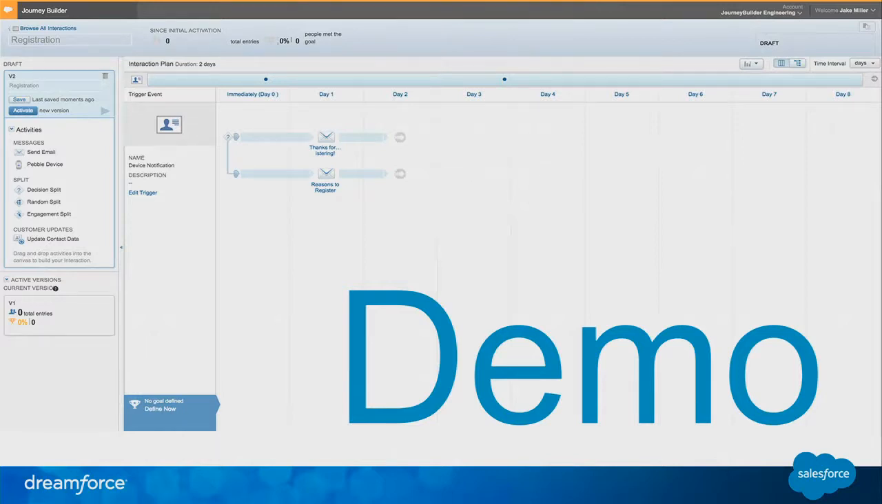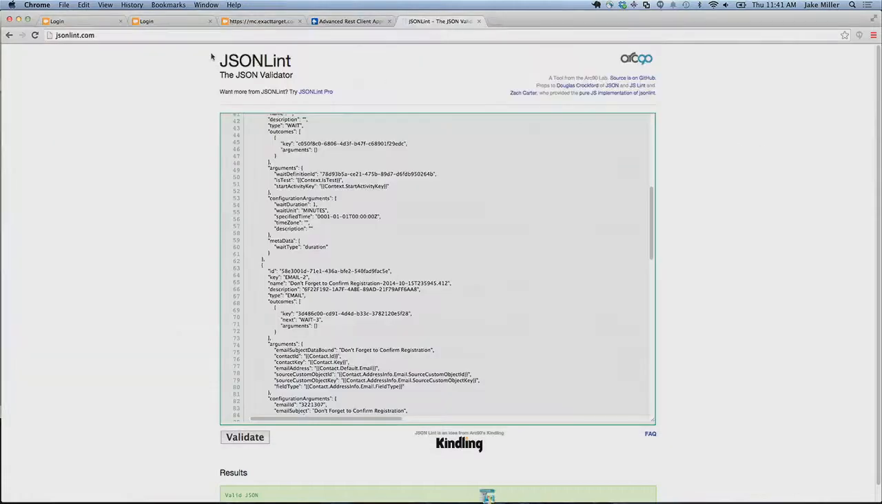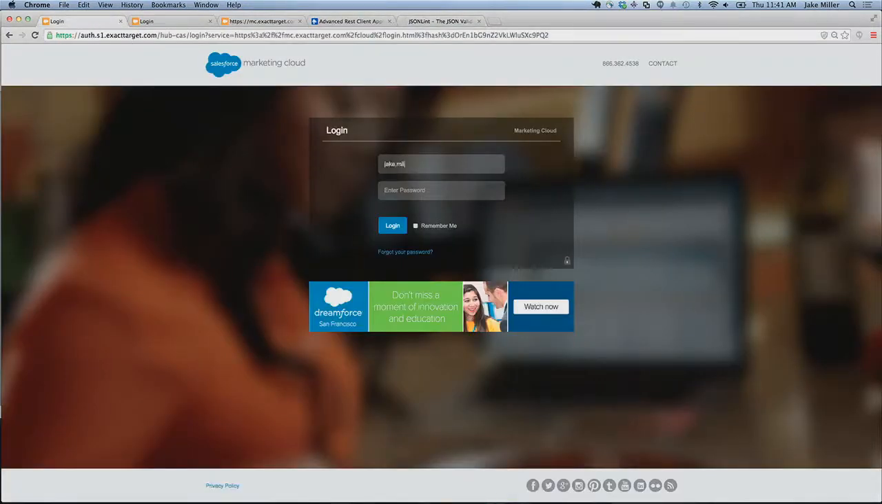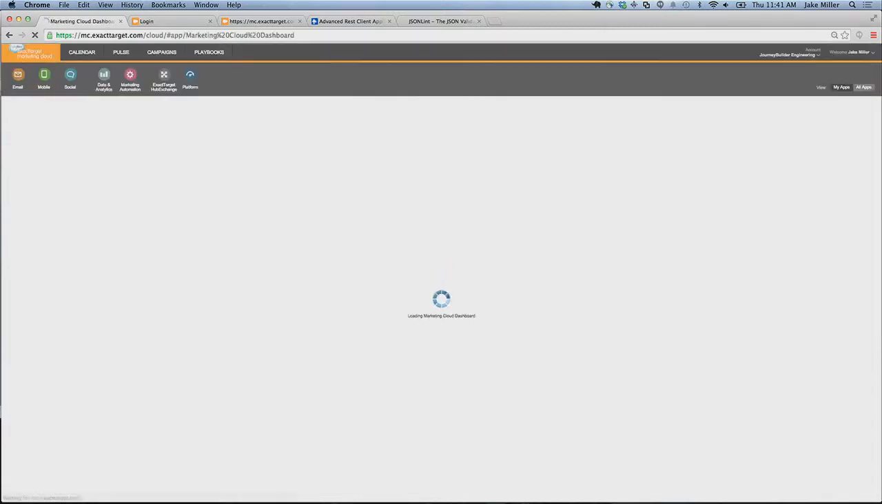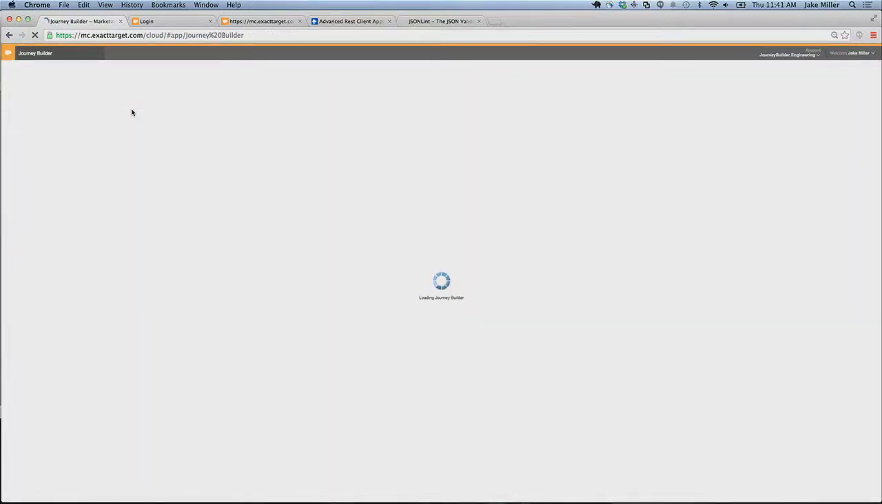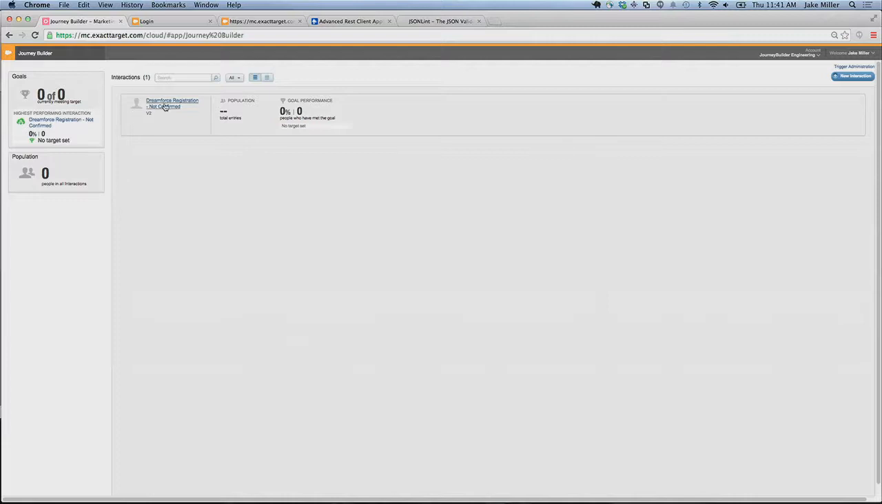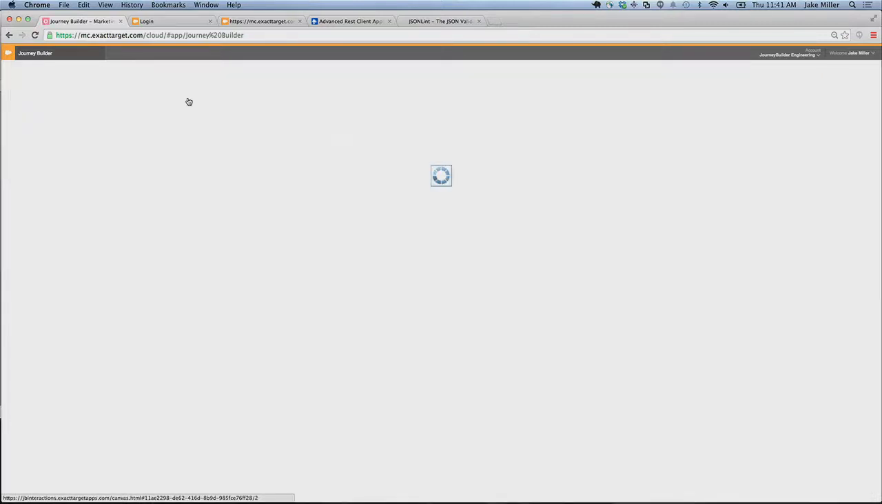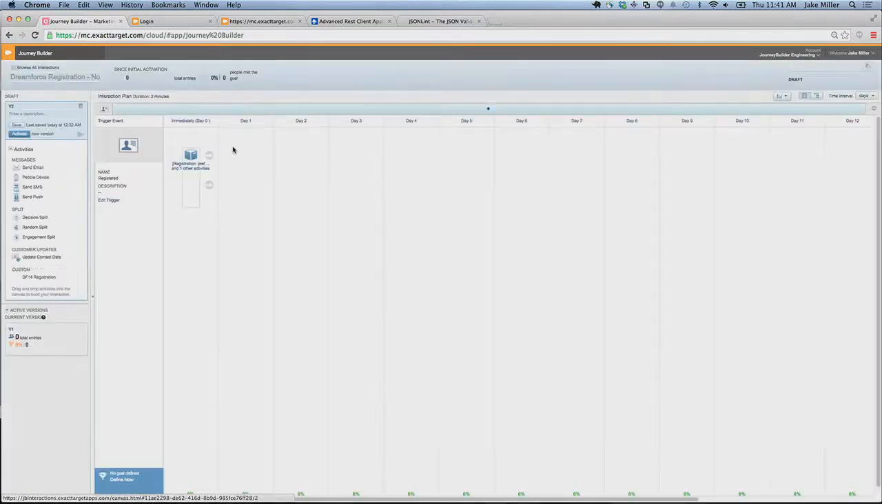So I'm going to take a small second, and I won't break away from the slides too often, but I want to actually show you Journey Builder, the UI. And of course, I'm logged out. Journey Builder here. A couple things I really want to share with you here. I open this interaction here. You're going to notice that